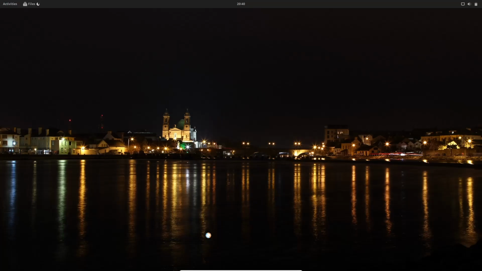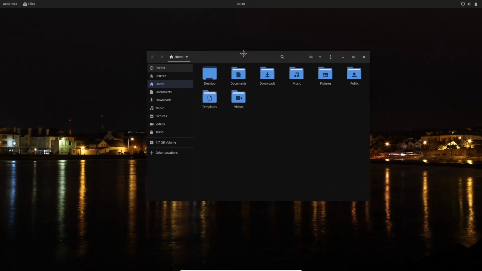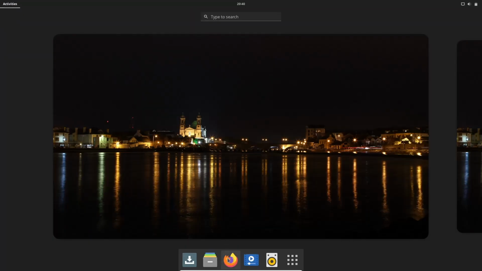And then down here, you got your file manager. Let's go ahead and open that up. And I like the look of the file manager. I like the blue on the dark in the background. I think that looks really classy. It looks really good. You've got your usual suspects over here, and then of course your home folders right here. So let's go ahead and close out of that, and then we would go back down to the dock. You've got Firefox, you've got your GNOME MPV, which is your movie player, and then Rhythmbox for your music.